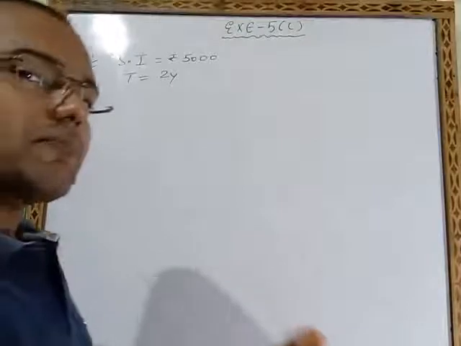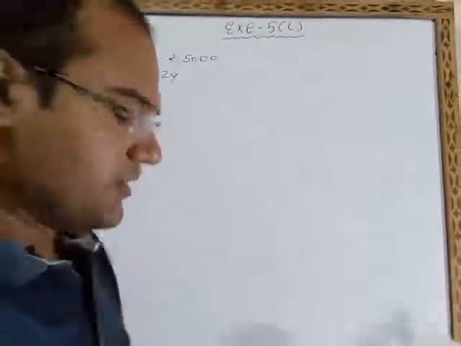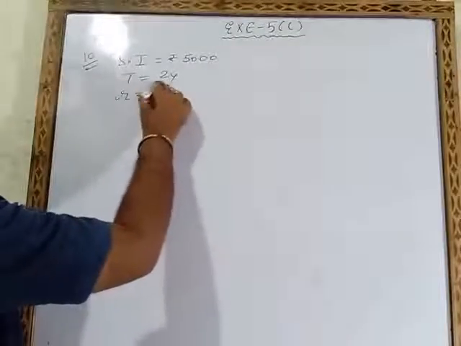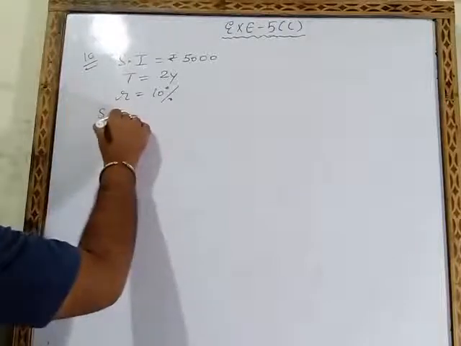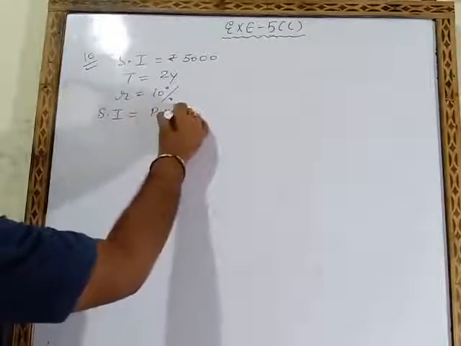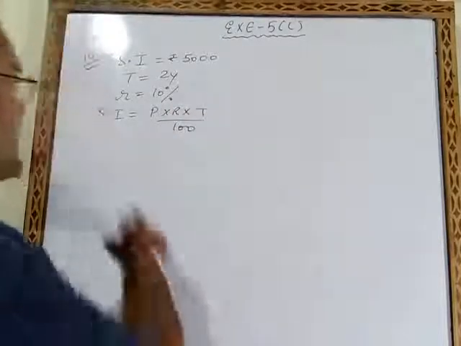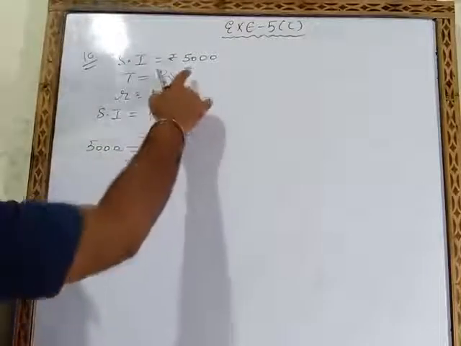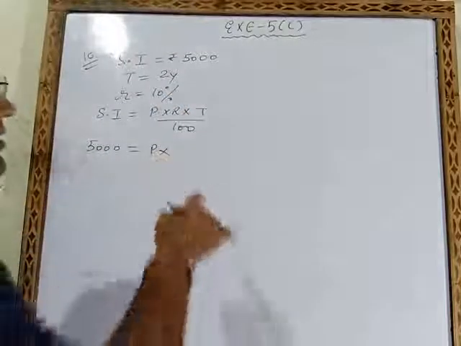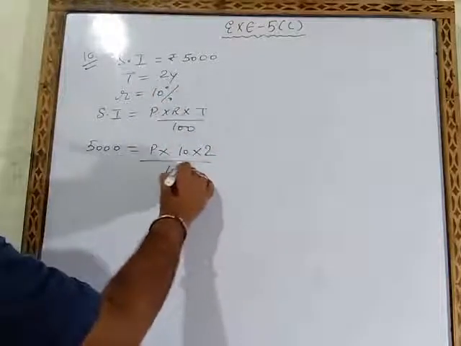N is equal to 2 नहीं लिखना है. N जब लेते हैं जब आपका कंपाउंड इंटरेस्ट बोला हो टाइम को. अब आगे क्या बोला है? 10%. रेट ऑल्सो गिवन. R is equal to 10%. So here what you have to do? Here you have to use the formula for simple interest. Simple interest is equal to P into R into T upon 100. Now we have to put the values. SI के नीचे 5,000. P वैल्यू वी डोंट नो, P नहीं पता है. R 10% टाइम 2 upon 100.